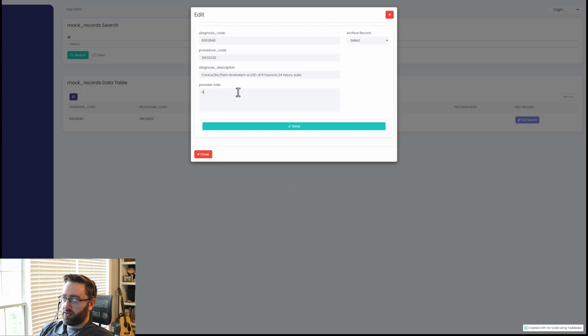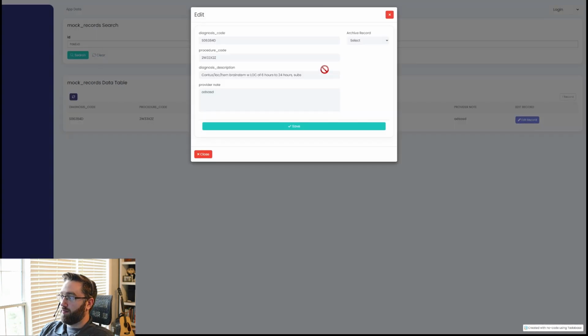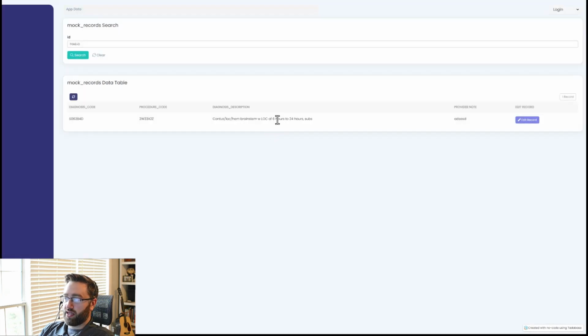We'll have the ability to actually fill out some of the form fields, in this case, provider note. I can go ahead and save this. But if I want to archive the record, then I'm going to need a password. And that password, in this case, we've set this up to validate against a record value of the original ID. So I need to enter that ID correctly in order to save this form with that particular field, the archive